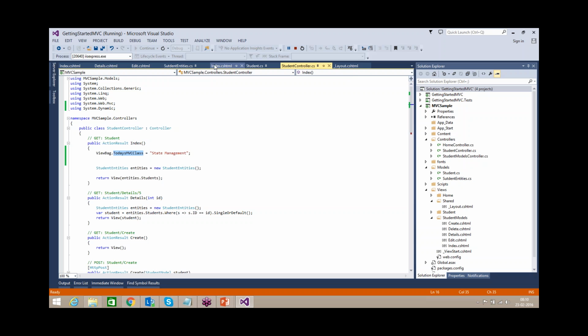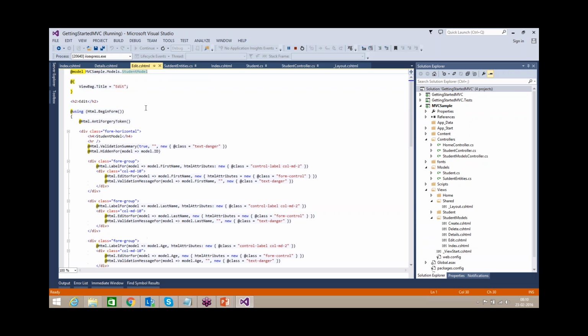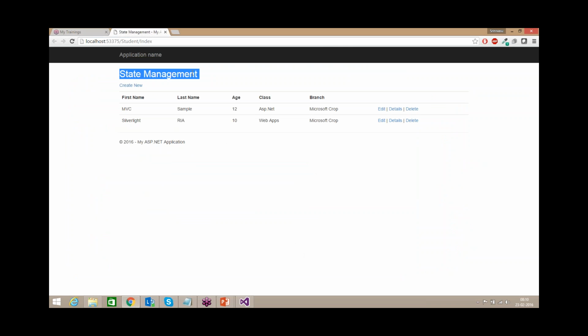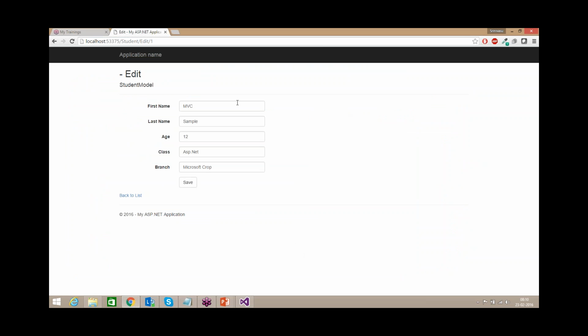If you try to access the same in your HTML, in another view, you cannot. The value is not there.